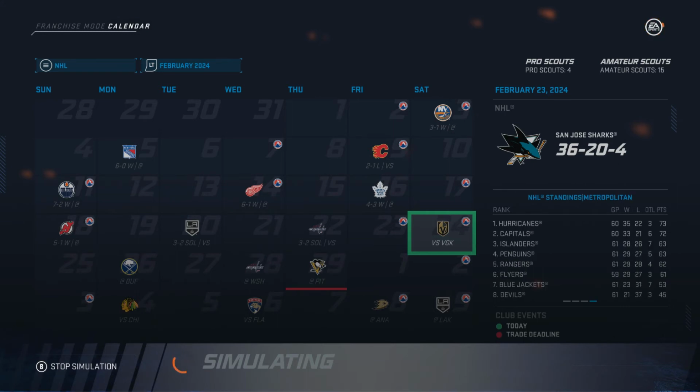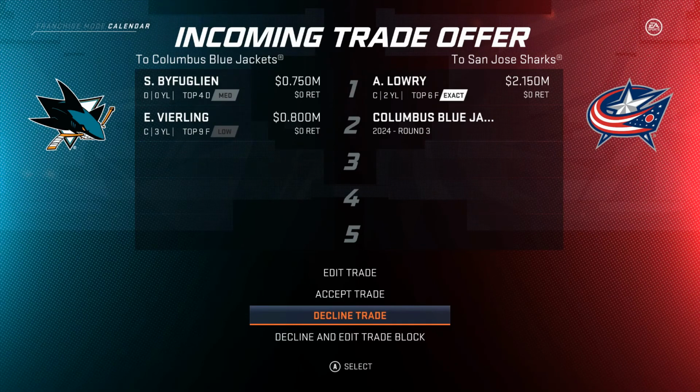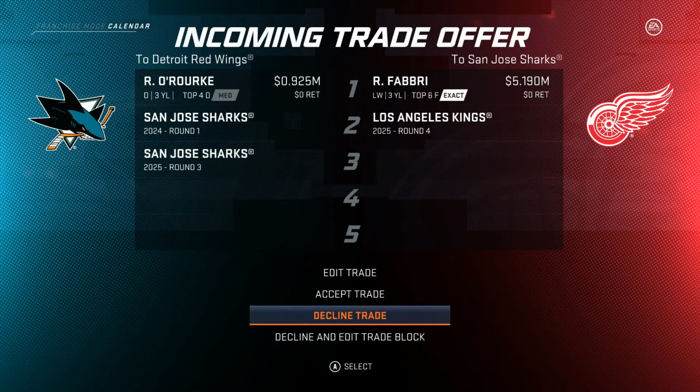Big game here against the rival Vegas Golden Knights, as the simulation is taking some time here. Shea to Winnipeg for a 1st and 2nd round pick. That is big time stuff there. Lowry, ooh, I don't want to give up Bufflin. That kid is expected to do big things for us in the future. But were we able? We were able to beat